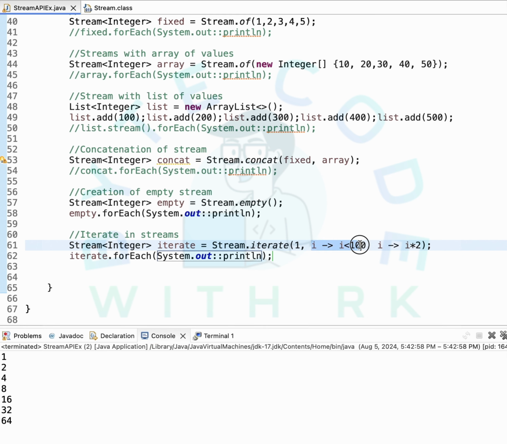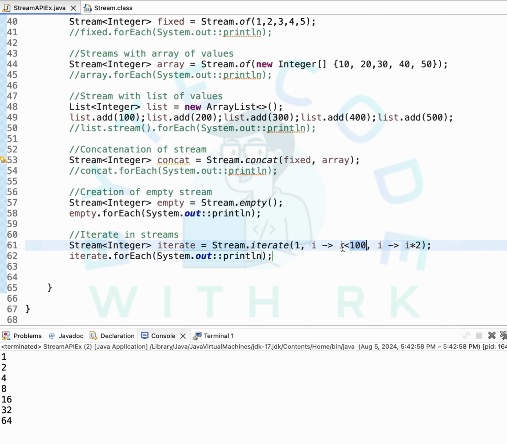Again it will check here 4 less than or equal to 100 or not, which is true, and it will print the 4, and then multiply 4 by 2 to get 8. 8 less than or equal to 100 is true, prints the 8, and then multiply 8 with 2, 16 less than 100 is true, and then it will print the 16, and then multiply the 16 with 2, then it will give 32 less than 100 which is true, it will print the 32, multiply the 32 with 2, you will get 64 is less than 100 which is true, and it will print the 64, and now 64 is multiplied with 2, then it will give